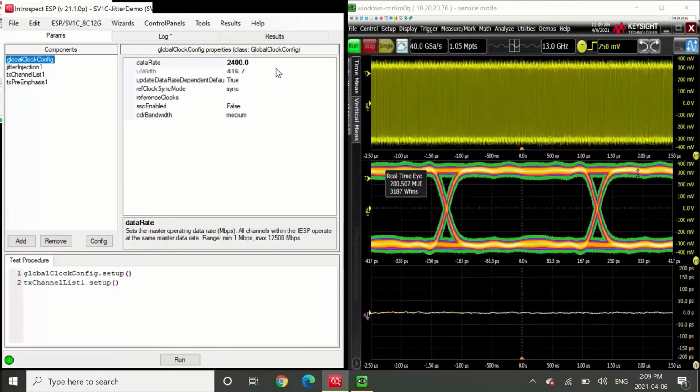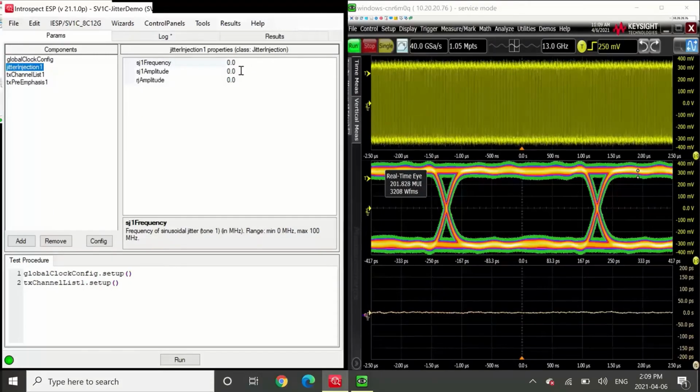Now, the component above this, global clock config, is where we've set the data rate to 2.4 gigabits per second. Notice that the UI given here was 417 picoseconds. So let's set sinusoidal jitter amplitude to about half of that unit interval, say 200 picoseconds, and let's set the sinusoidal jitter frequency to, say, 10 megahertz. The jitter injection component is called by the TX channel list component, and the TX channel list is called in the test procedure down at the bottom. So to start jitter injection, we'll just hit the run button,